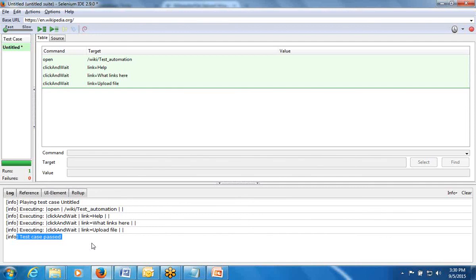Now the next point is why we are not using the IDE and why we are going for the Selenium tool. So we need to know the limitations of this particular IDE. The first limitation is it uses only HTML, and conditional and branching execution is not so easy in the IDE. And looping statements are not possible. We have for loops, while loops, do while. We have a lot. These things are not feasible.